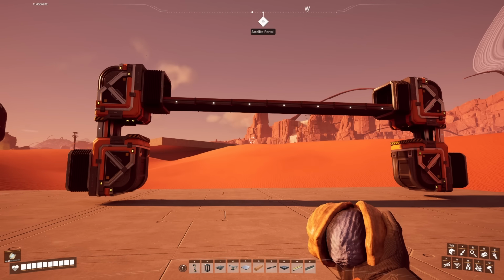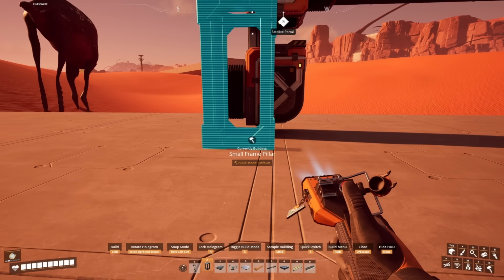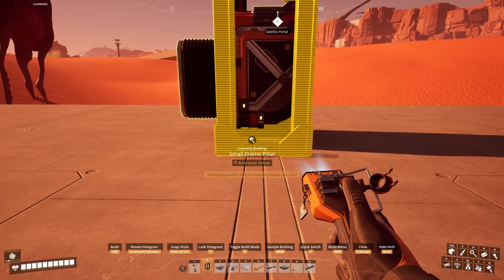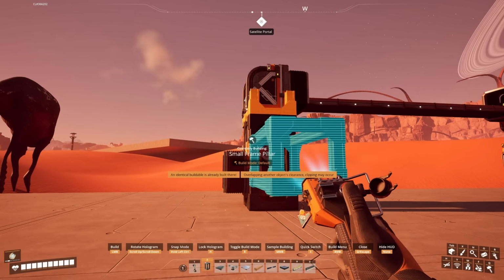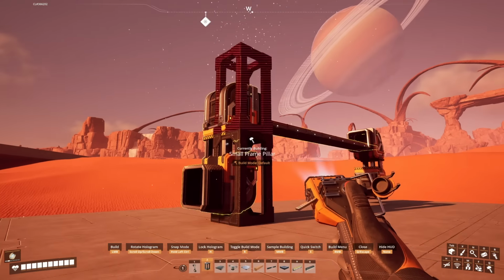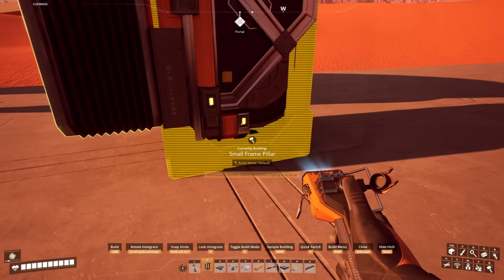I don't mind my lifts looking like this, but I tend to prefer them looking a bit more heavy and industrial. And so for that, I grab my small frame. This can be purchased in the Awesome shop. And I place 2 on, ooh. I make sure they're aligned with the,